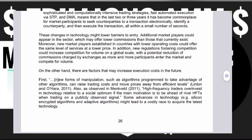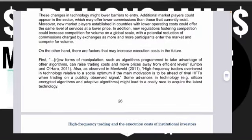On the other hand, there are factors that may increase execution costs in the future. First, new forms of manipulation such as algorithms programmed to take advantage of other algorithms can raise trading costs and move prices away from the efficient levels. That's again Linton and O'Hara. Also, as observed in Menkveld,